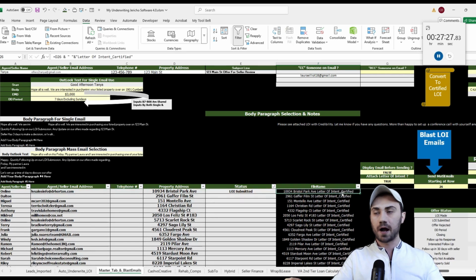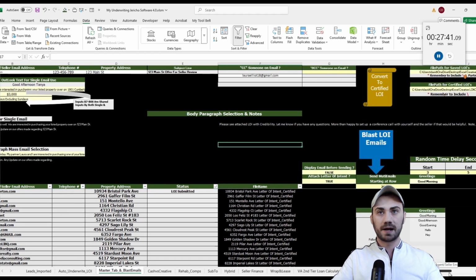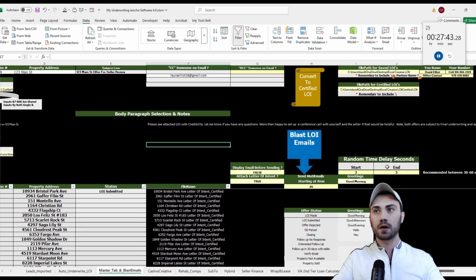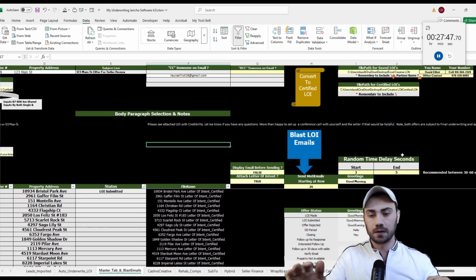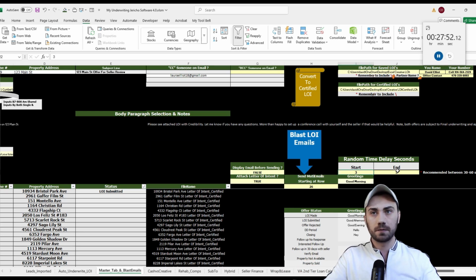We have the file name that's now going to be attached to this particular email. And this email is going to have the property address, the seller or agent's name, with the attached LOI. Now, because we're doing a blasting of email, we are also going to have a random time delay that's going to separate each email. In this case, I have it set between 3 and 5 seconds for demonstration purposes,